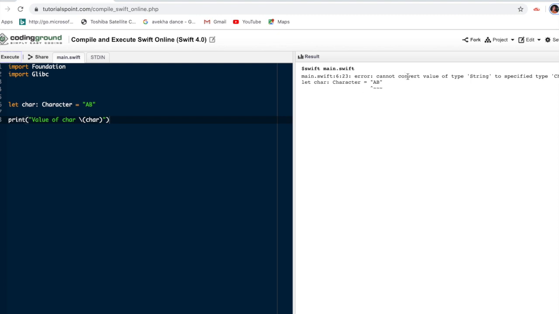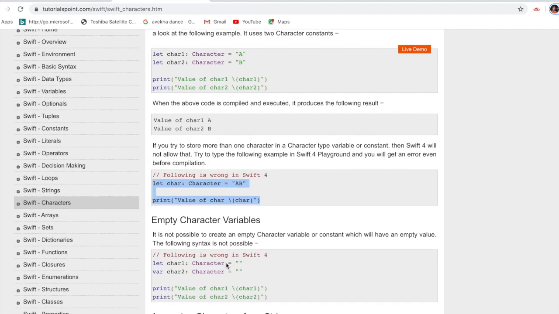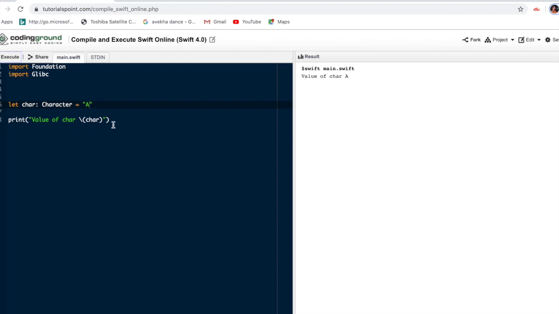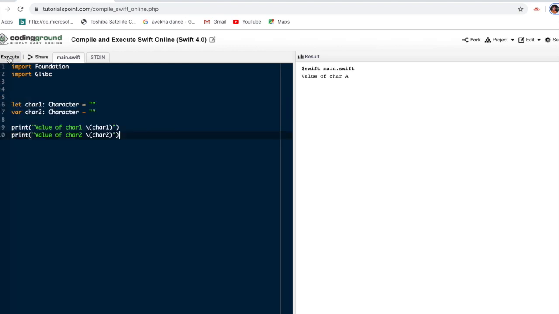See, it can't convert the value of string to the specified type character. So a character must be only one, like a single letter. We can't assign the whole sentence. Similarly, we can assign empty for characters. I can assign empty here.